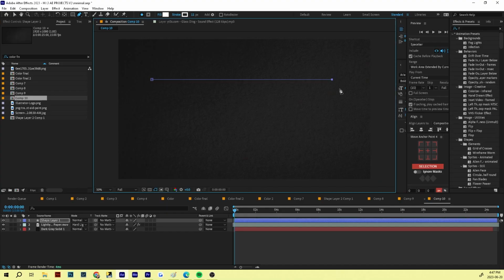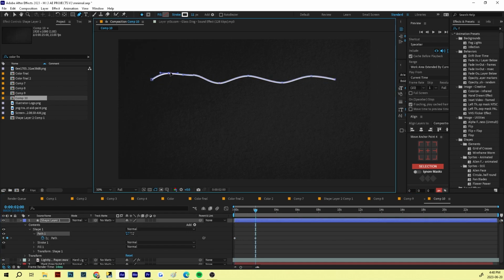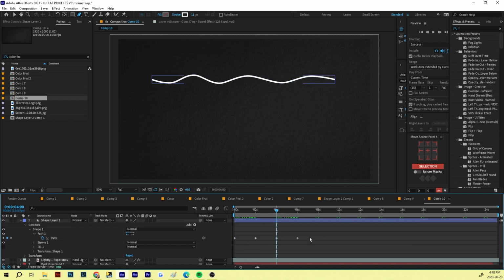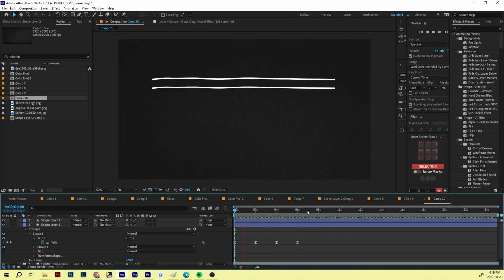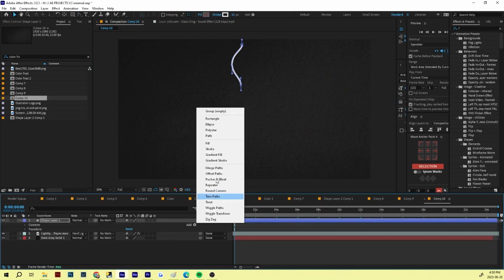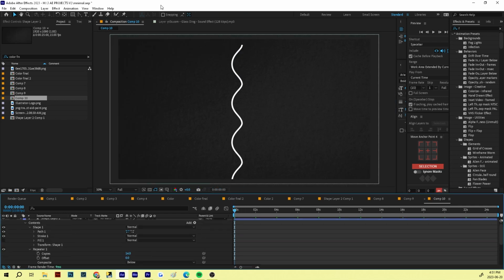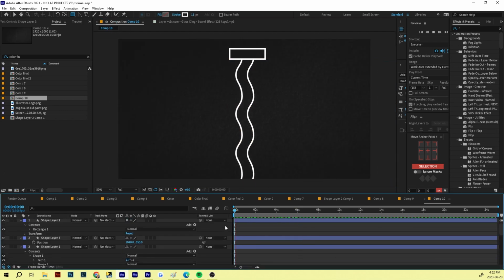But this was not the only way that I could have done this. For example, I could have drawn the 2 lines, created a bunch of different path points on each of the lines, created a curve on each of those path points, and then manually went back and forth with the paths, copy and pasted those keyframes, and I would have had a pretty similar but also different effect. Another way I could have done it is I could have drawn part of what I wanted as the wave, and then I could have added a repeater to that path, and then repeated it downwards, and then made a mask around the area that I wanted it to be contained in, so that the water could just keep flowing down endlessly. Okay, that's 3 other ways that I could have achieved the same effect,